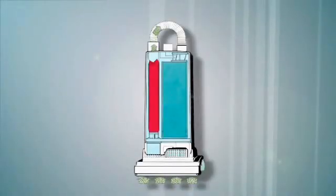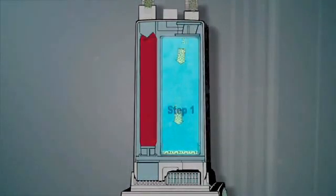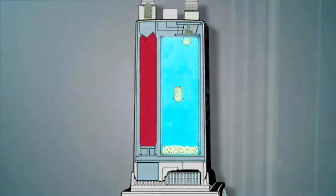The first step of Sebo's legendary 3-step microfiltration system starts with our multi-layered top fill bags. The easy-to-change bags collect the vast majority of the debris. They also ensure continuous strong suction because dirt enters from the top, deposits at the bottom, accumulates upward, and air